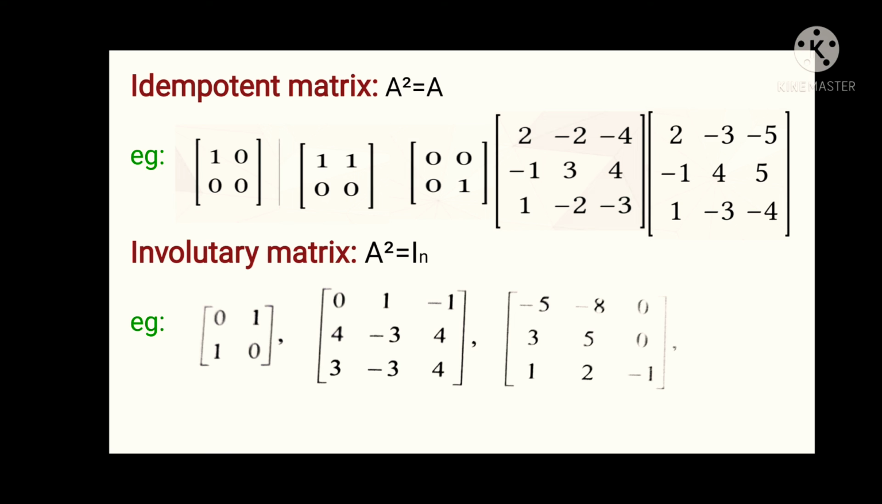And coming to the involutory matrix, which means if the square of the matrix is equal to the identity matrix, then it is said to be an involutory matrix. The idempotent matrix has some clue for identifying, but the involutory matrix does not have any clue,